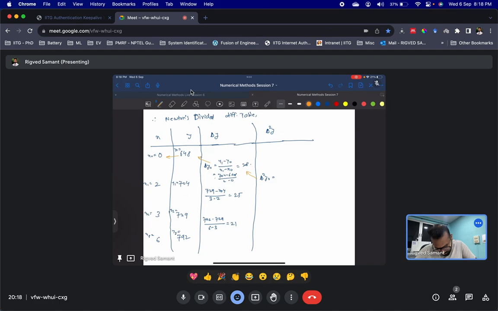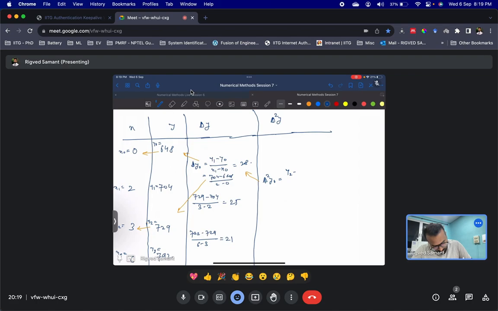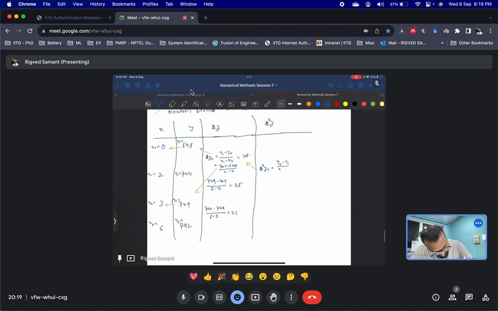From here it will go here and then here. Okay, so your formula would become y2 minus y1 divided by x, y2 minus y0 divided by,